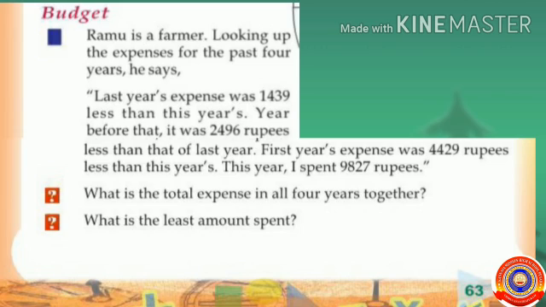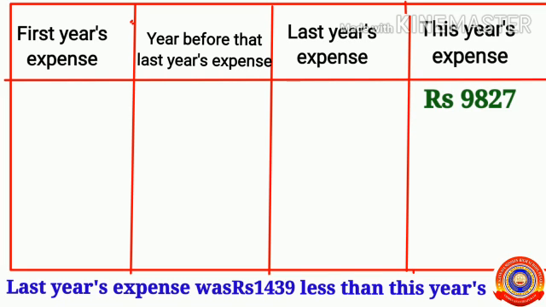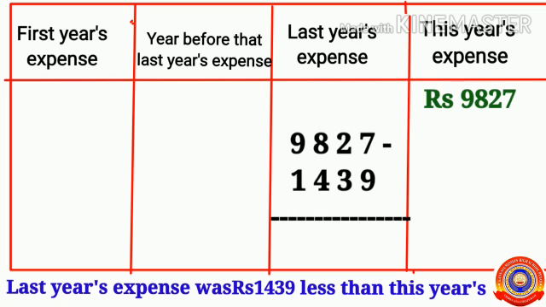To find out the total expense in all 4 years, at first we have to find the expense spent in each year. Look children, this year's expense was given in this question, that is 9827 rupees. Last year's expense was 1439 rupees less than this year's expense. So, to find out the expense of last year, subtract 1439 from 9827. 9827 minus